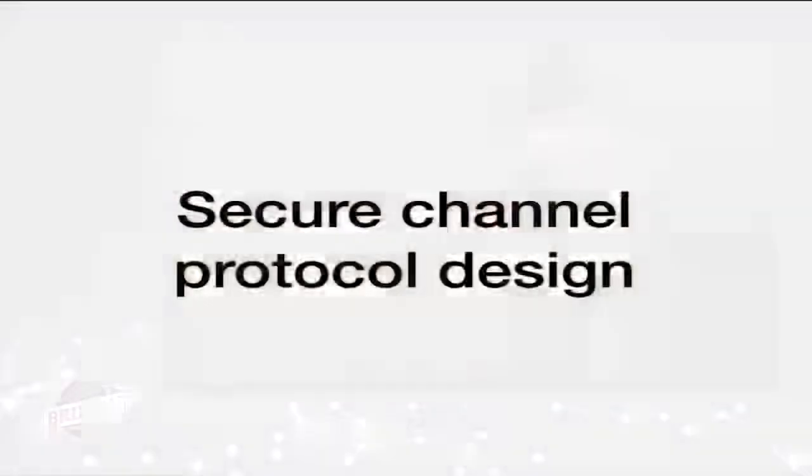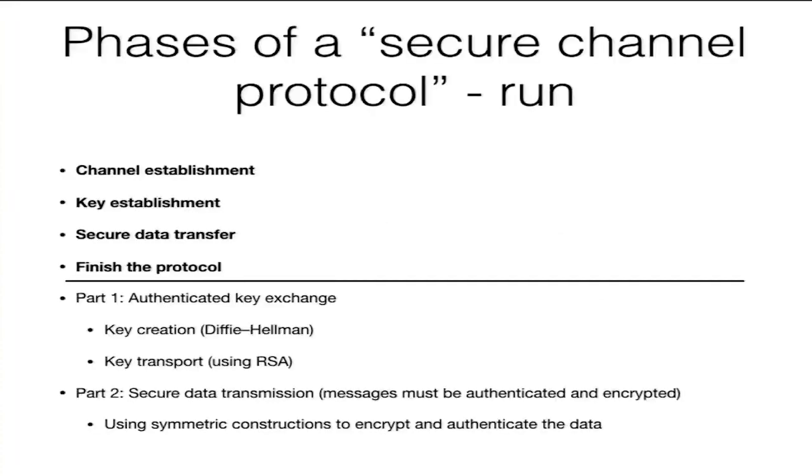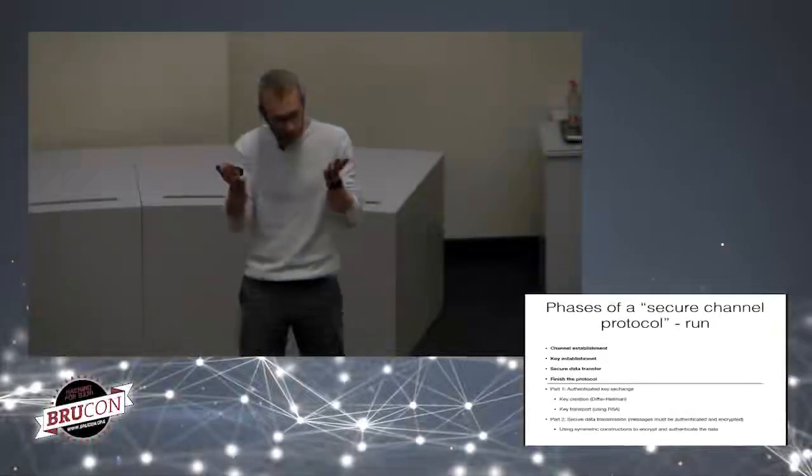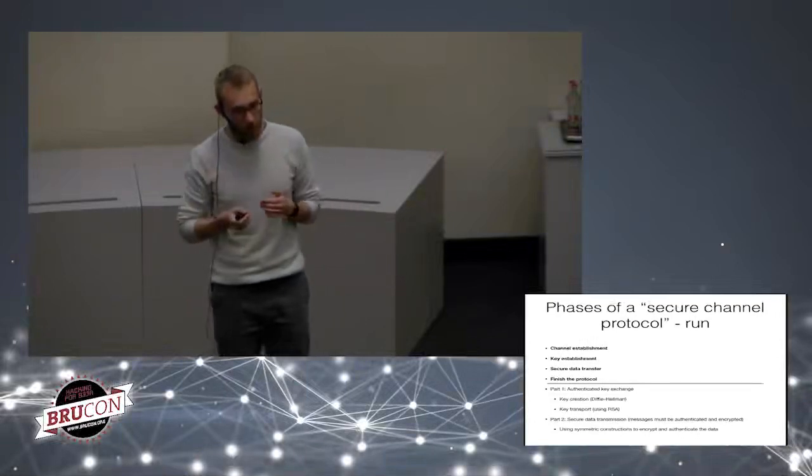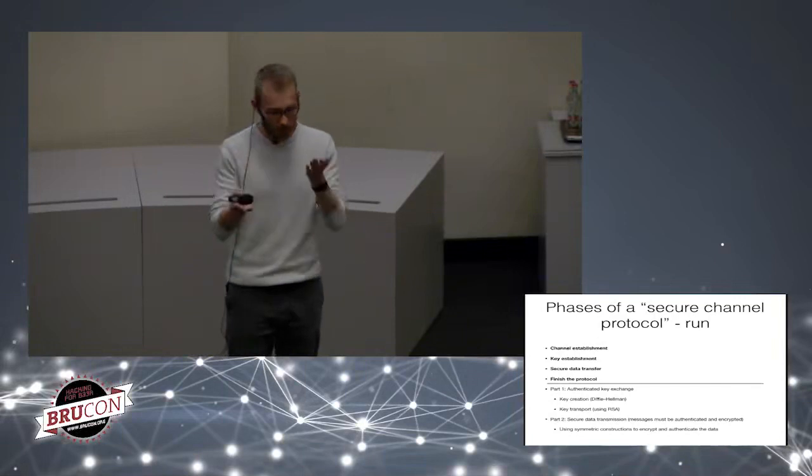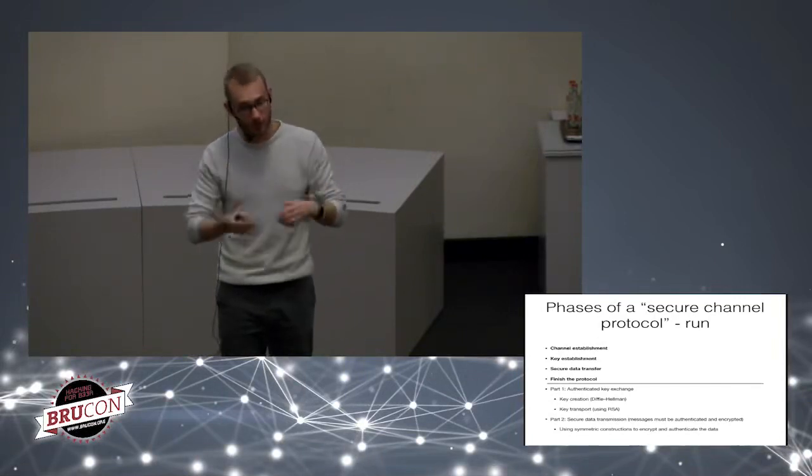So let us now look at how we can design such a protocol. This all sounds nice, but how can we now make something like this? Again, what are the different phases, more concretely, of this secure channel, of the secure link, if you will? First of all, we need to establish this channel between two parties, between A and B. How can we establish the notion of a channel? That's important. We will have to perform some sort of key establishment so that both of them have a shared key that they can use to derive new keys and other keys used to